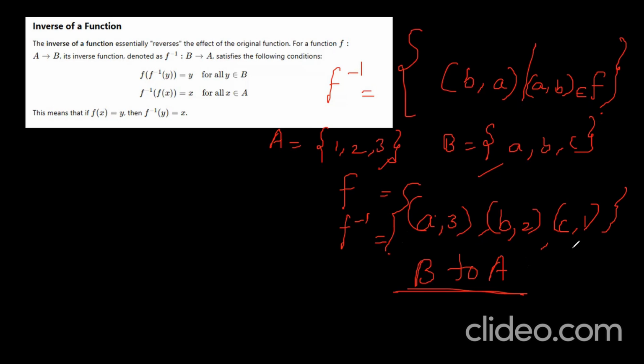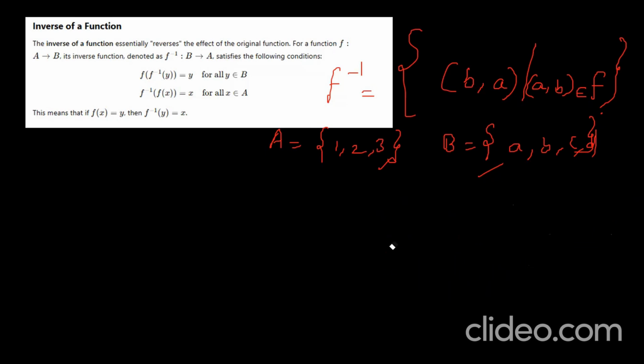Say, let me take A is equal to 1, 2, 3, B is equal to A, B, C, D. I am adding one more here. Then you observe whether it is an inverse function or not. Then F is going to be 1C, 2B, 3A. F is one to one, it is an injection. No doubt it is an injection, but not a surjection from A to B. Why? F inverse you take.